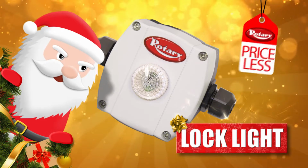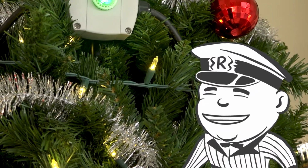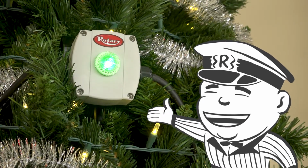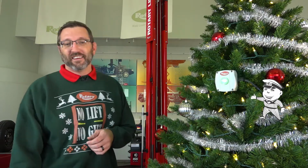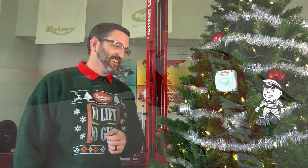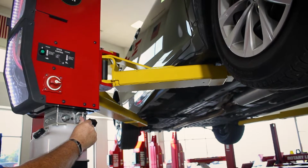Gift number 1, the Lock Light. On the first day of Christmas, my true love gave to me a Lock Light in a Christmas tree. That's right. Nothing says I care about your safety like the Lock Light. Ain't that right, Rotary Jack? That's right, Josh. Just install the Lock Light on your lift for visual confirmation that the lift is on its